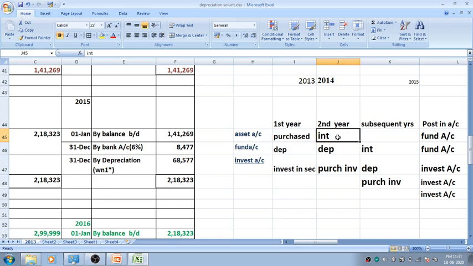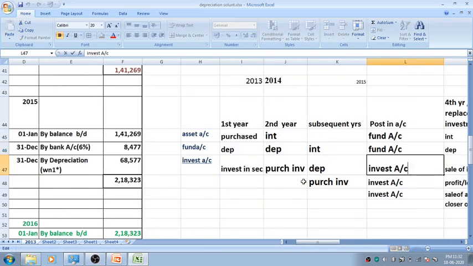So three entries are, instead of purchase of cost of machinery, we will write interest entry. Again three entries: interest, depreciation, purchase of investment. So the first entry and the depreciation entry will be recorded in the fund account. Okay, interest and depreciation will be recorded in fund account. And purchase of investment will be recorded in investment account. Okay, I have written here posting in account so that at hand you get where the entries are being posted